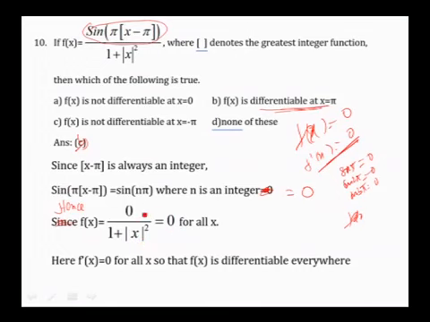becomes something that is nonzero. So it is 0 for all x. Therefore f dash x is equal to 0 for all x, and so it is differentiable everywhere. So children,